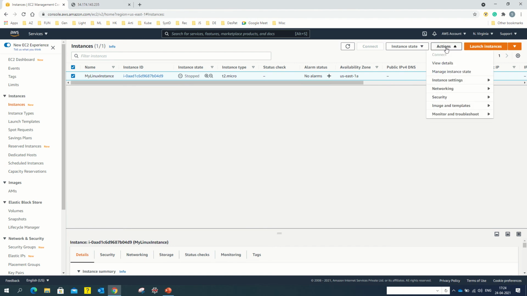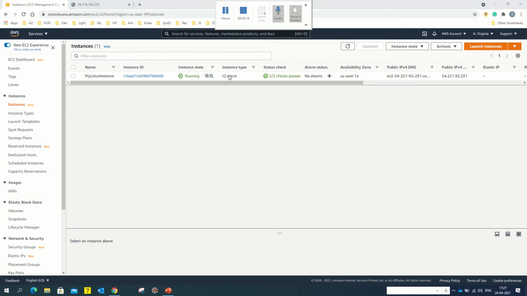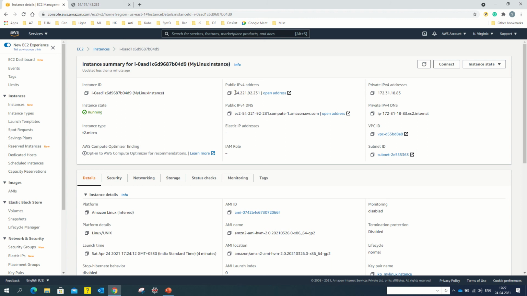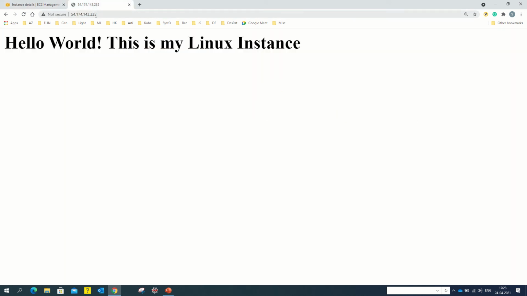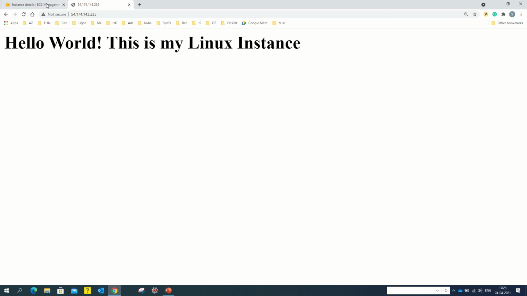I'll go to actions, instance state, start instance. Now the server is started. Let me check what the new IP address is. As you can see, earlier the IP address was 54.174.143.235, and now it has changed to something else. So if I refresh this, I will not be able to see this message again, because the IP address has been changed.